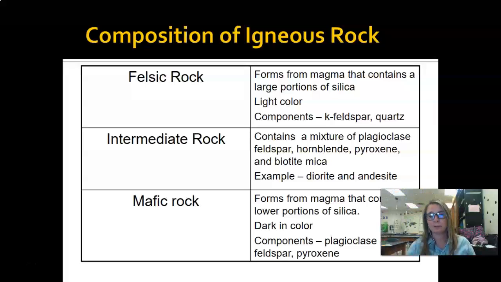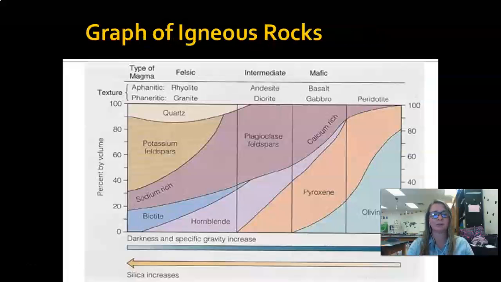And then finally our mafic rocks, which are going to be, once again, really dark in color because the silica is not there. These normally form pretty deep below in the Earth's crust. If you think about mafic, they normally form way deep in the Earth's crust. Intermediate is closer, and felsic is going to be closest to the surface. And once again, these are going to contain dark minerals such as plagioclase. We do have some feldspar in there sometimes, and pyroxene. And olivine, that's another one that we looked at too. So very, very dark colored.